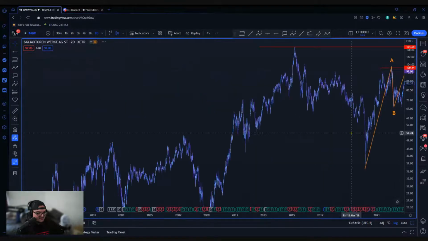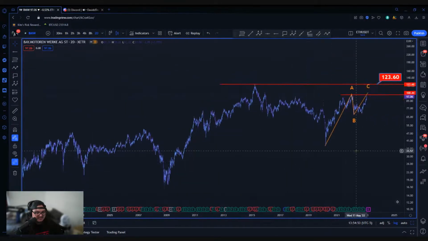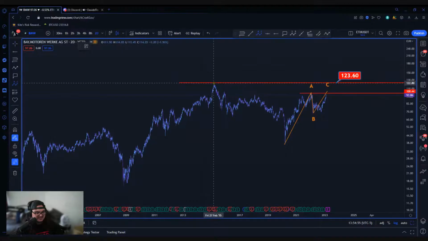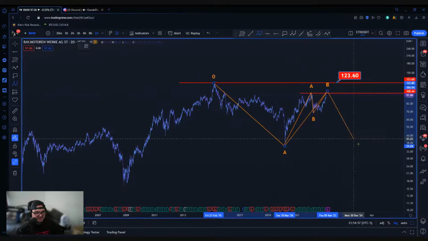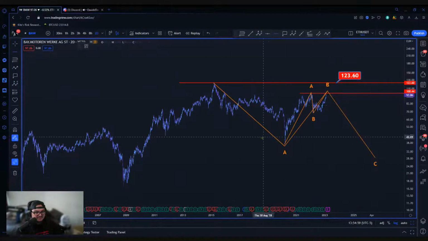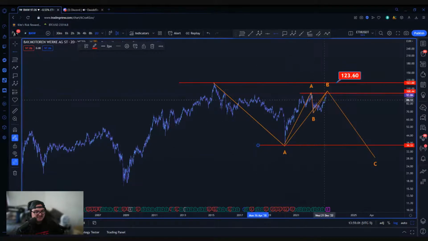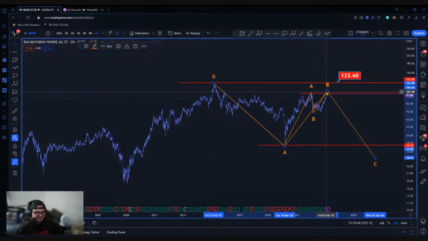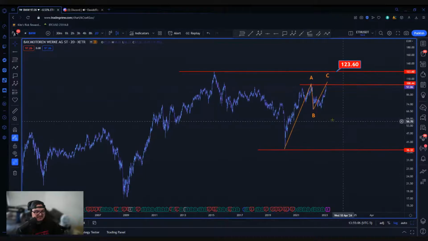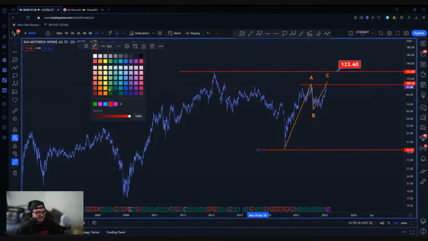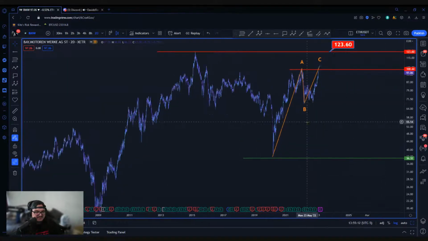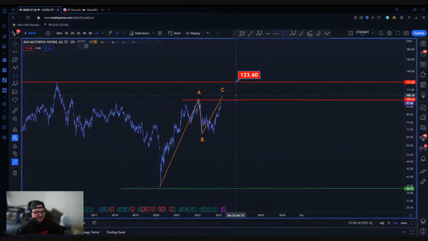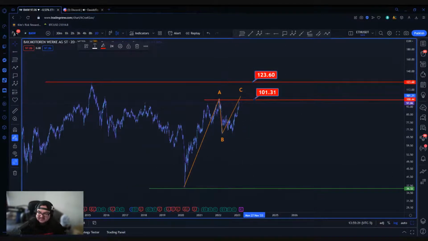Maybe if I go back to a 2-day, maybe this is something like this. We don't know yet. So it really depends on how it behaves when it gets up above that region. If we push through, fantastic, but we can easily come back up and put in a reversal and then continue much lower. So those are the main pivots for good old BMW. And yeah, that's pretty much it at the moment.